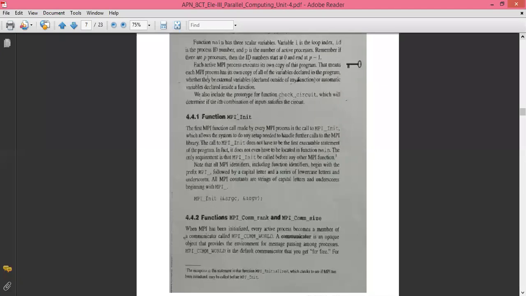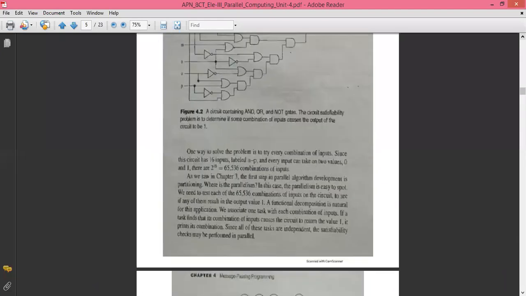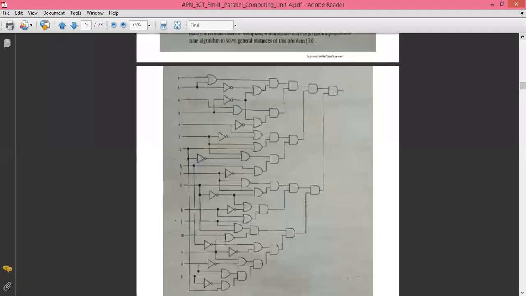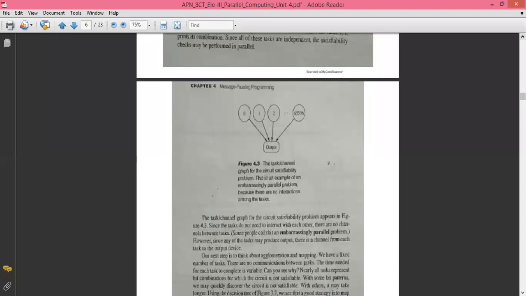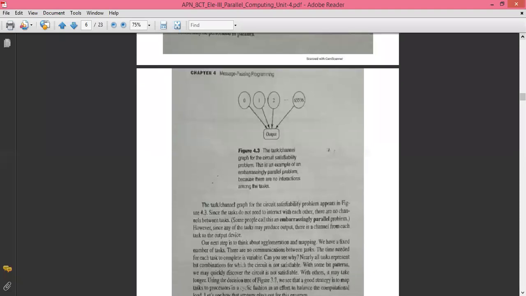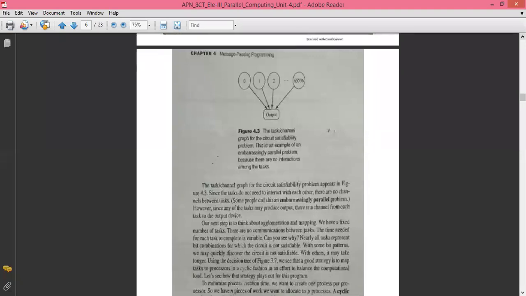Initially we discussed what the circuit satisfiability test basically is, and we repeated the same things again and again in that lecture. So this is the circuit. I've already taught you how to write the answer paper of parallel computing. If there are tedious diagrams or tasks to be written, you have to cut them off smartly.